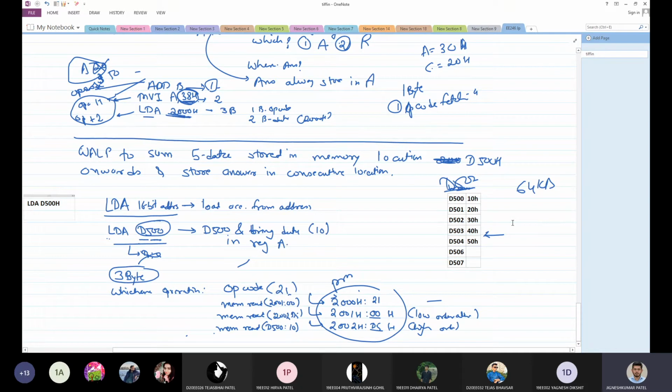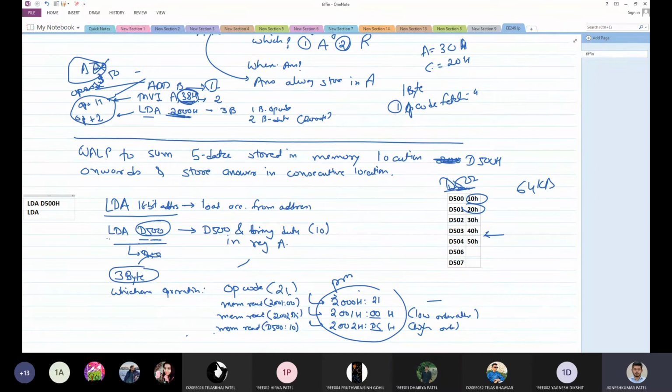So what am I going to do first? I am going to perform a sum between these two numbers. This is my first number, and this is my second number. So 10 and 20, I'll perform the first sum between the two. So obviously I have to bring in my second data. Yes or no? Yes, sir. Okay. So how to do that?